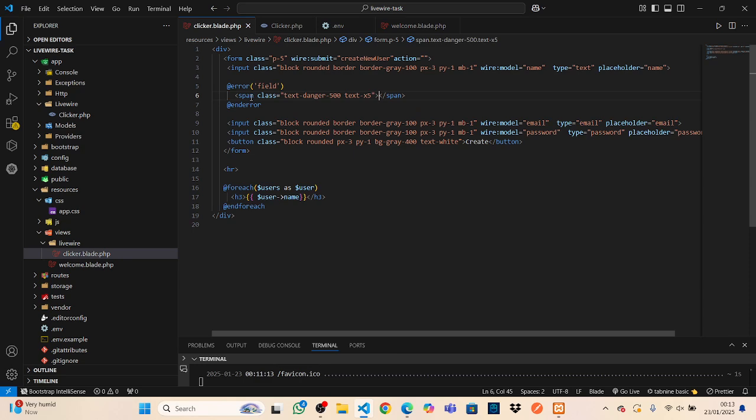Then in order to display the error message, we can just use a variable message. This message is injected by this error directive. So this will always be available. And now that we have that, we can basically copy paste it for every